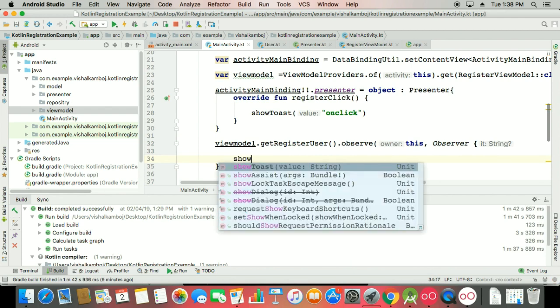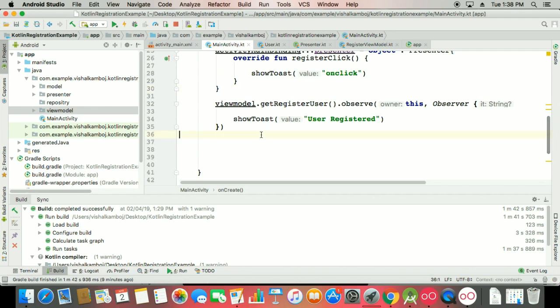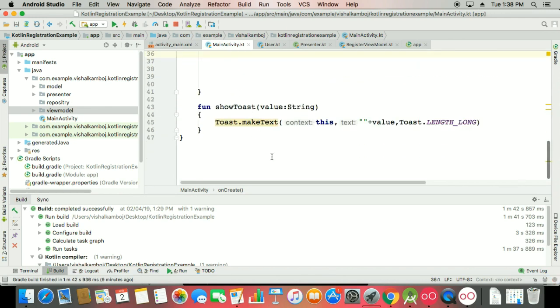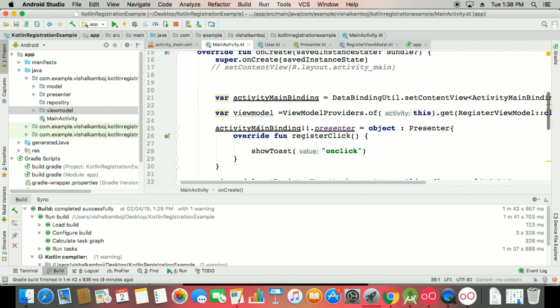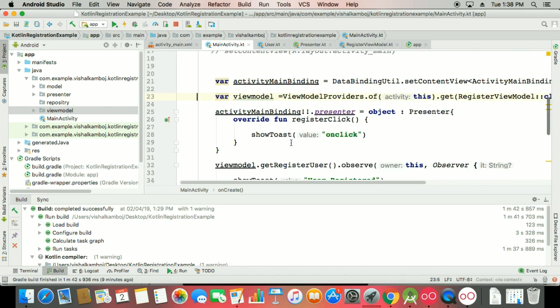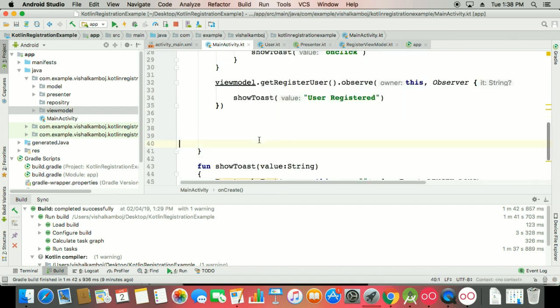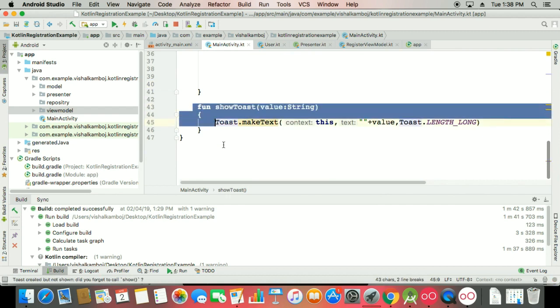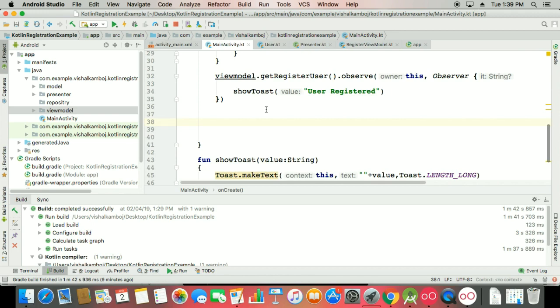So this is your show toast, and you can see that user registered, that means on a click or whatever. So this is the simple way of approaching the activity binding. Here you can call the activity your model, this is your presenter calling, and this is your view model observation, and this is simple show toast. So that's easy. So first you have to learn these simple steps, and now we have to go for,